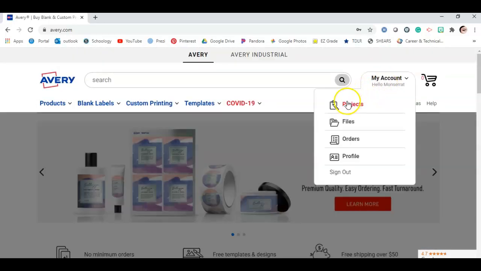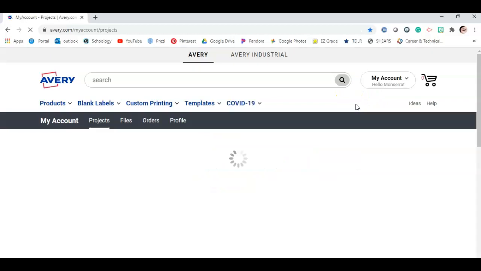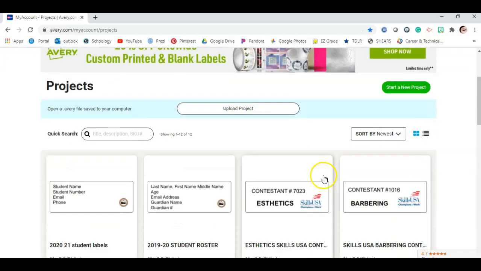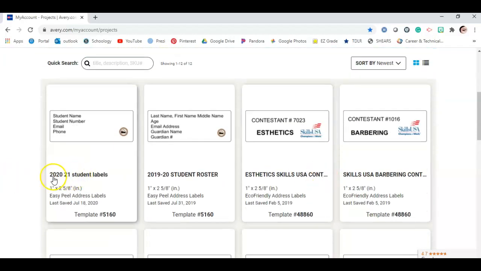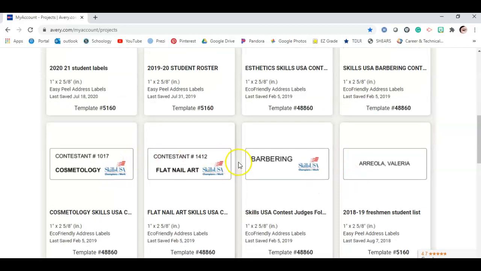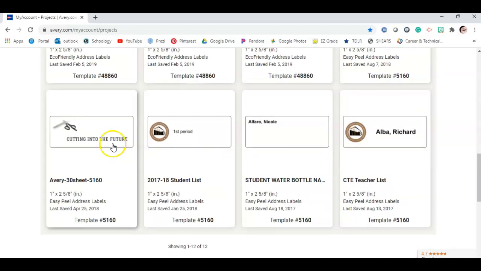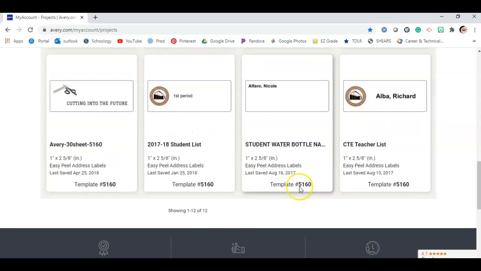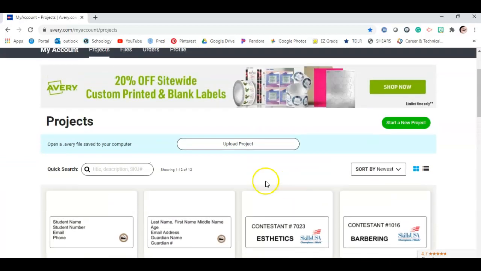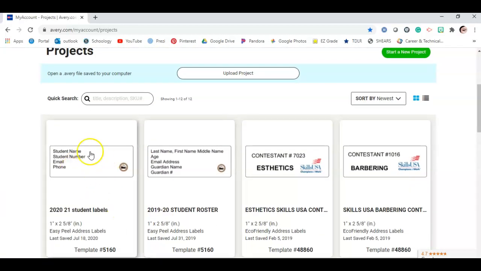So next time, if I wanted to log back in and I needed to reprint something, I can go ahead. Here's my 2021 student labels. This is from last year. These are Skills USA competition things, just random labels that I have created in the past. So I can just click on this particular one and reprint if I need to. I can go back and edit it as necessary as well. So that is what I have